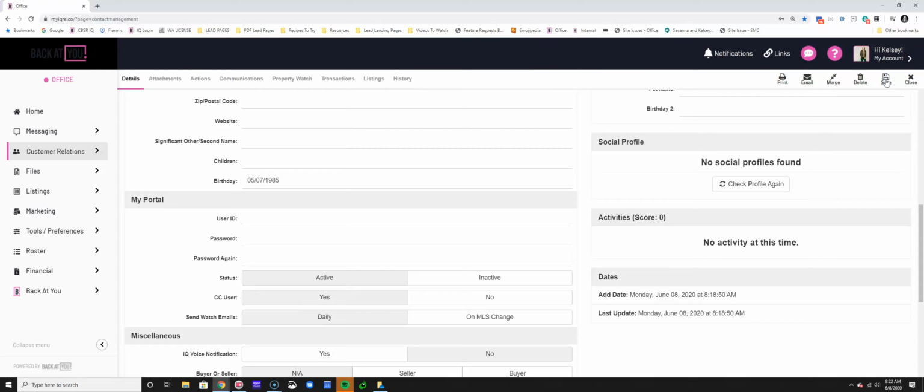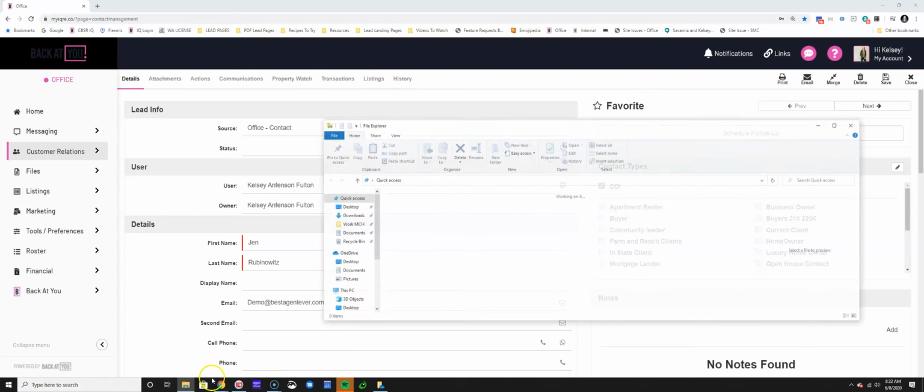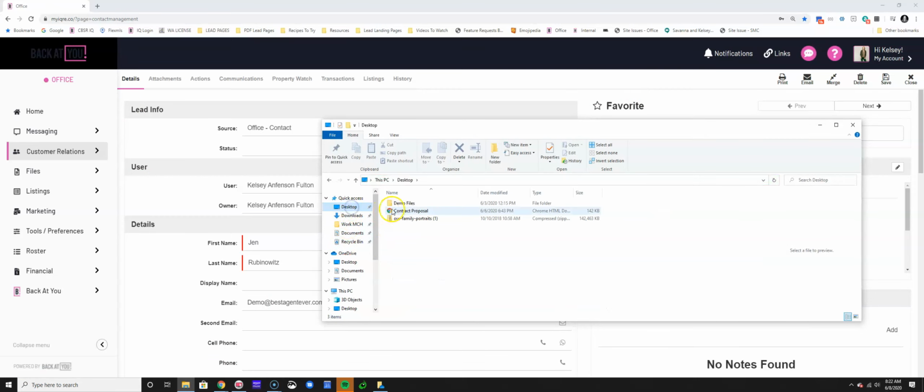Some really good questions in the chat box. If I want to import contacts, if I have categories, if I have my contact types set in my Outlook, can those transfer in? The answer to that is yes, they can. What you'll want to do is in the spreadsheet itself, I'm just going to open up my demo file here for you all to see,